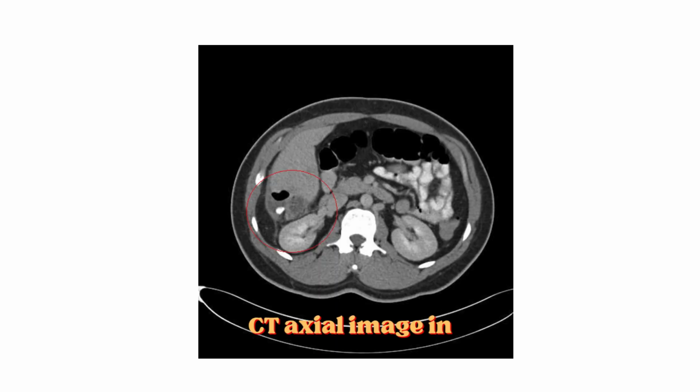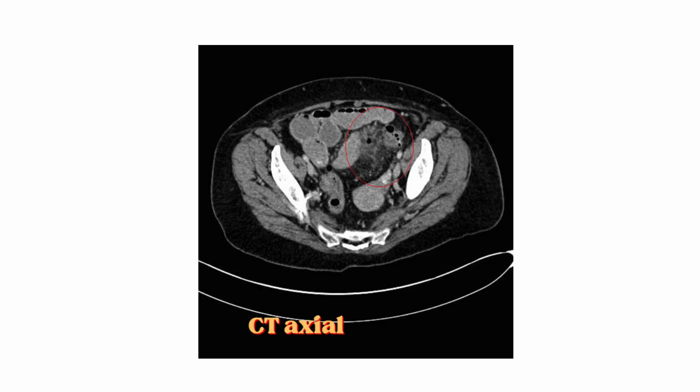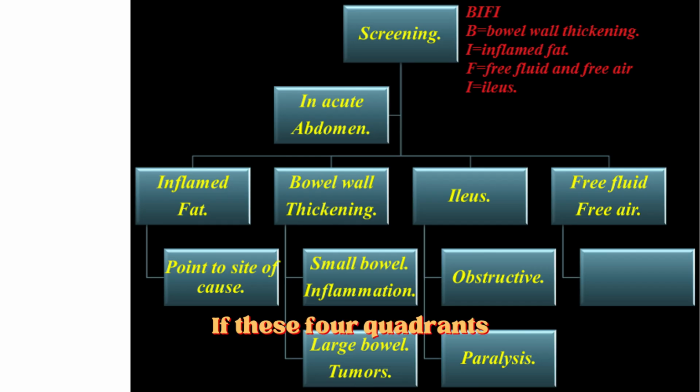CT axial image in the right lower quadrant revealed a subhepatic collection containing gas and appendicolith, in keeping with an appendicular abscess. CT axial image in the left lower quadrant revealed perforated sigmoid diverticulitis. If these 4 quadrants are free from lesions, my second step is screening the whole abdomen, searching for one of the following signs. I have a mnemonic for these signs, which is BIFI, where B corresponds to bowel wall thickening,